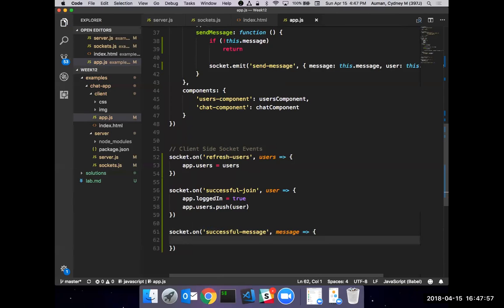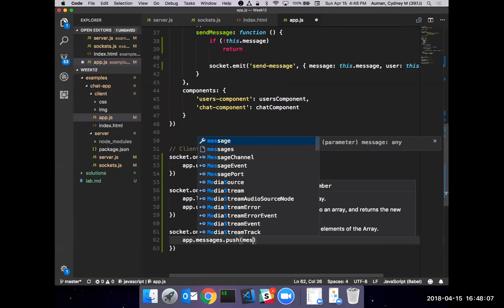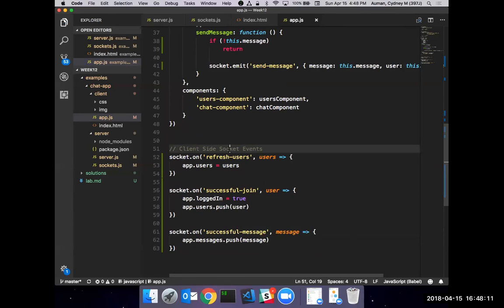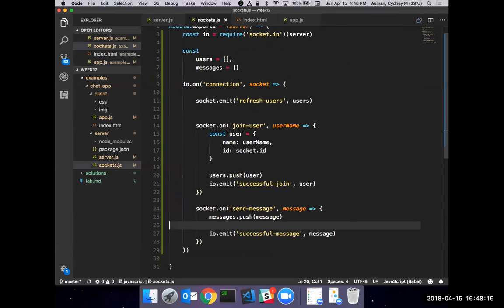So we're saying, hey, this person is listening to this, so we're going to add app.messages.push the message in there. Right, so you can see again the flow: we've clicked the button, this goes to the server, it sends the message. Server says, yes, I picked up the message. I'll add it to my messages list.